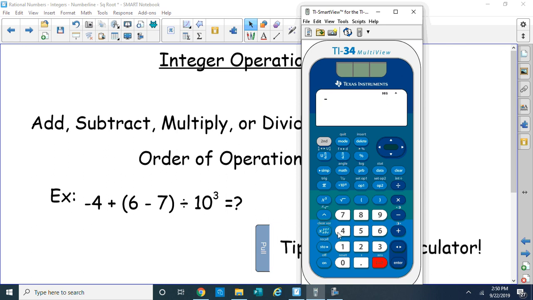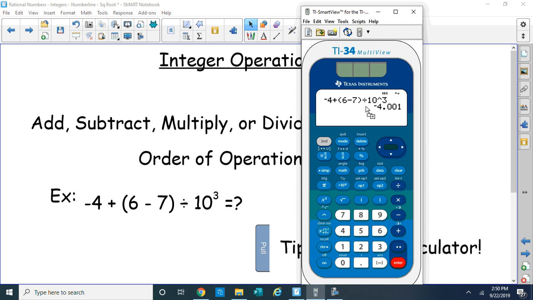So I'm just going to type in exactly what I see there. Parenthesis 6 minus 7, parenthesis, divided by 10, and don't forget the exponent button. That's the caret. 3, and it will give me the answer if I typed everything exactly like I was supposed to. And there's my answer,